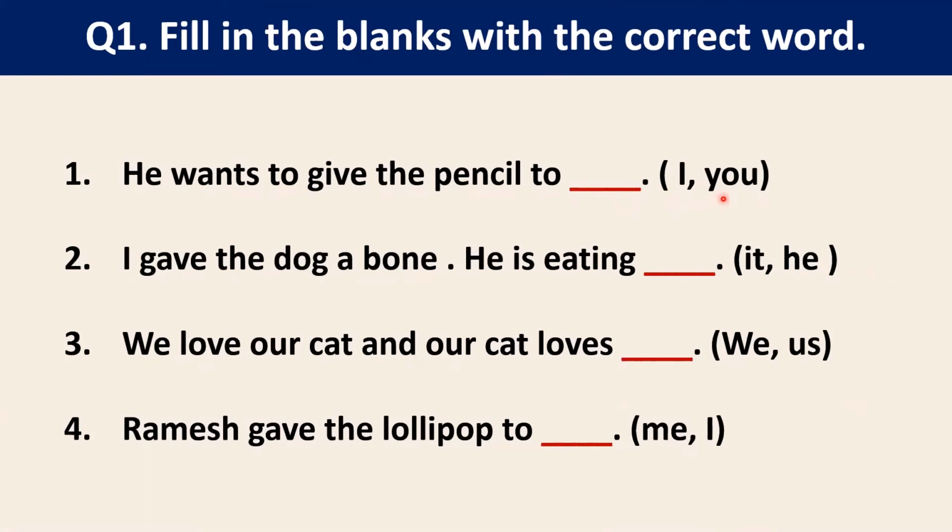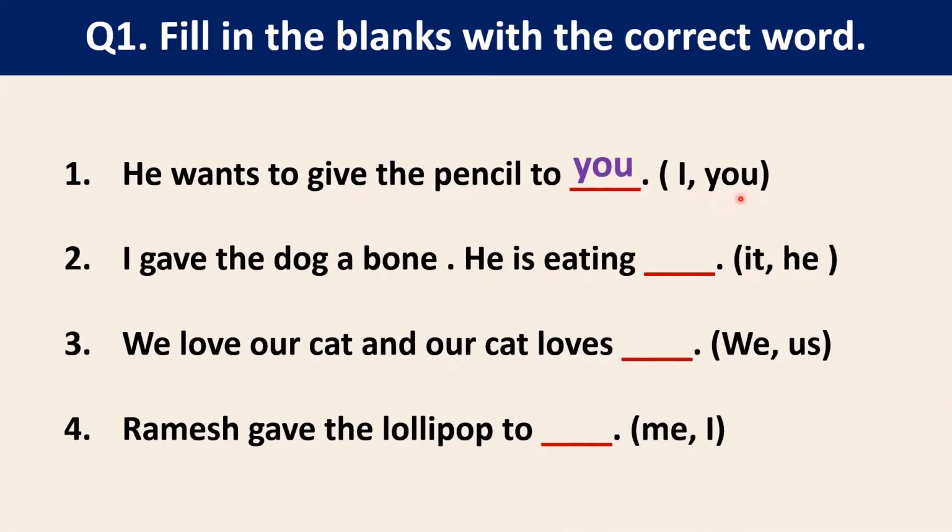Before filling, first identify the action word. Here the action word is give. He is the subject because he is performing the action. So what do we have to fill here? An object. So what will be the answer? He wants to give the pencil to